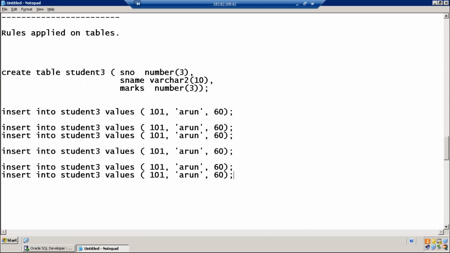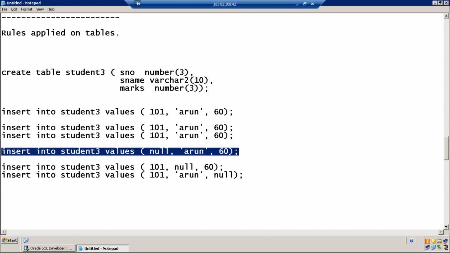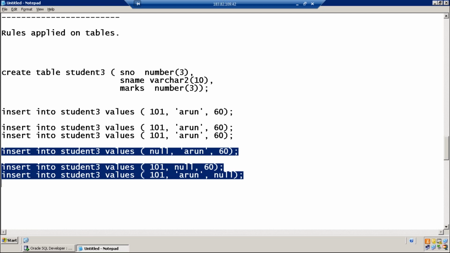And can you insert null value to number? Can I insert null to name? Can I insert null to marks? By default, every column will accept null and every column will accept duplicates.